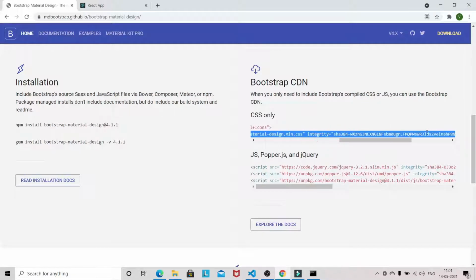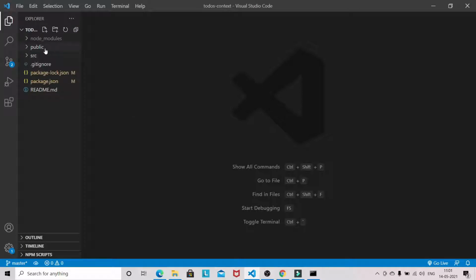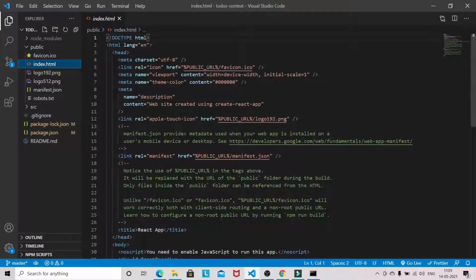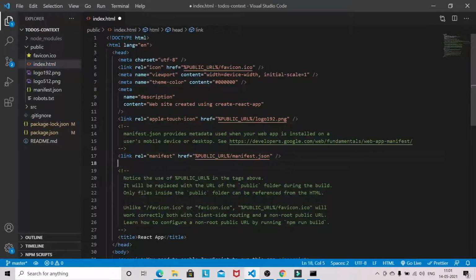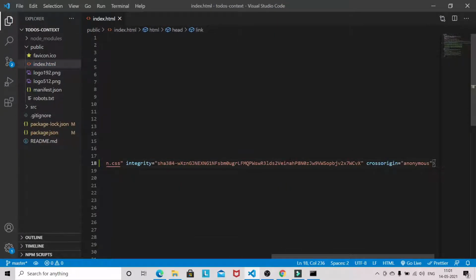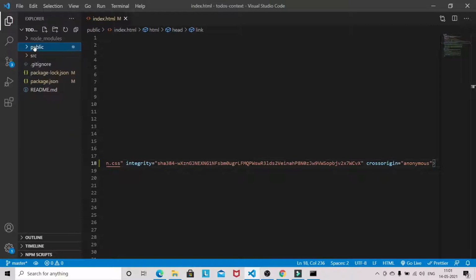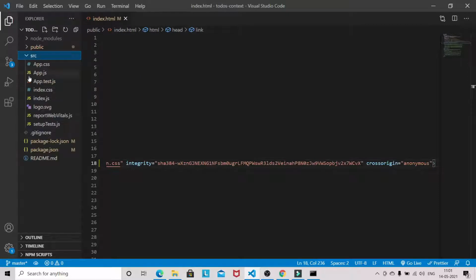I will copy this link and come back to my VS Code, go to public, and inside public go to index.html and paste that one. That's it.